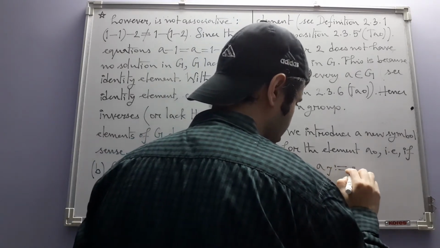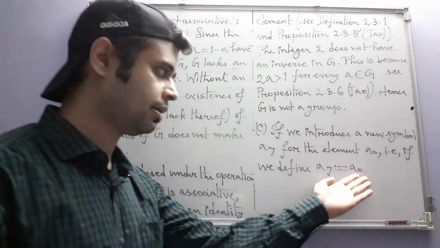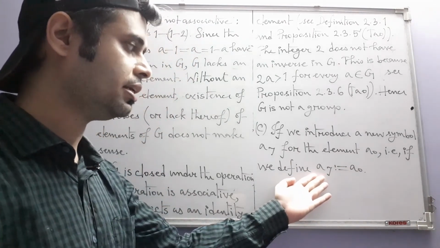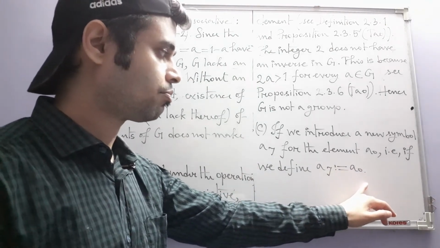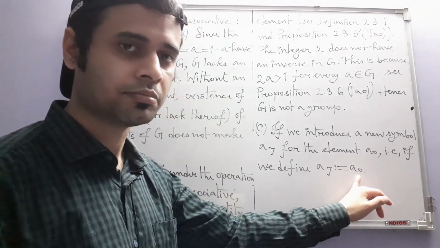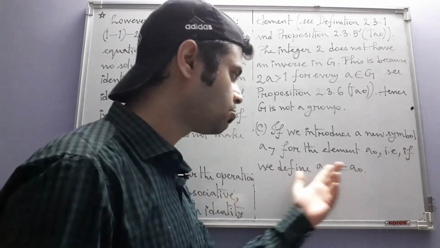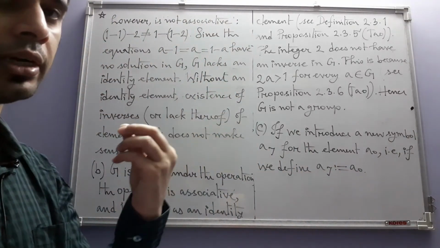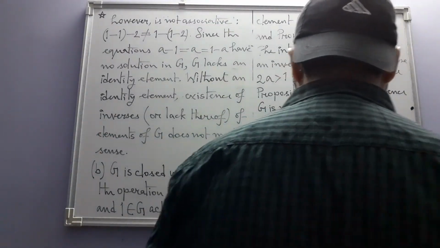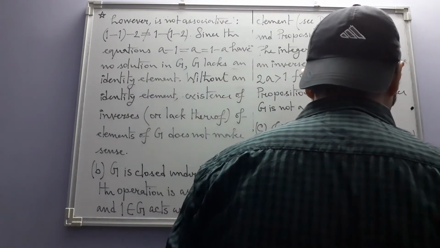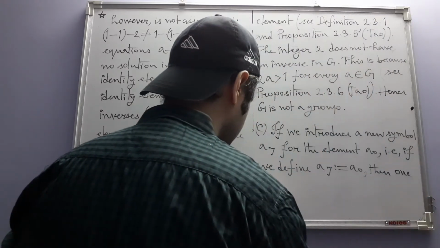A7 equal to A0, you may think, why, A0 is already there, why do we need to create another symbol? It's like some person already has a name, and you give that person another name. These two symbols mean, after all, the same thing, but there is a purpose for doing this, and the purpose is this: once we do this, then one can see that